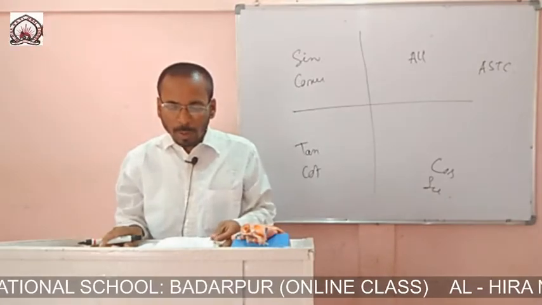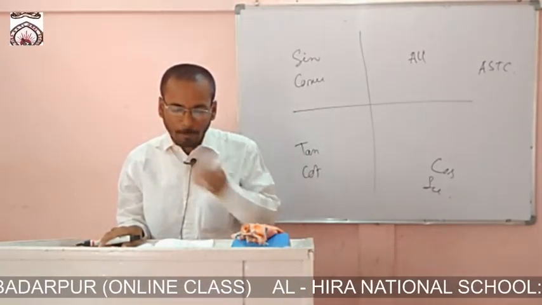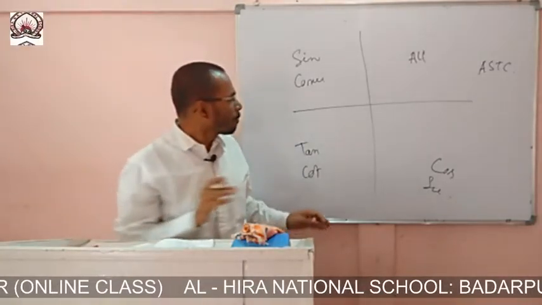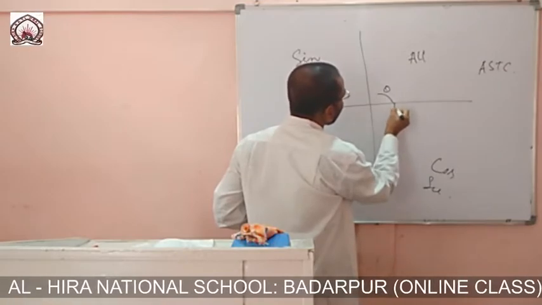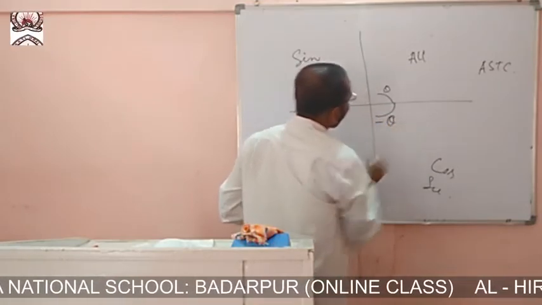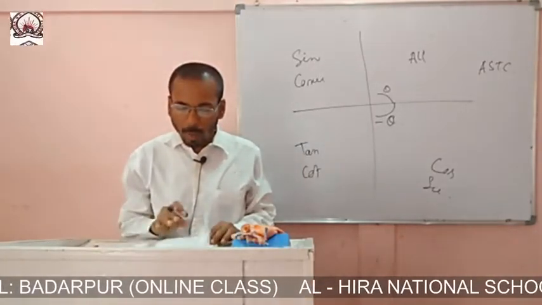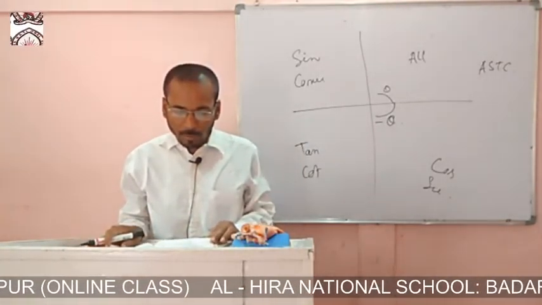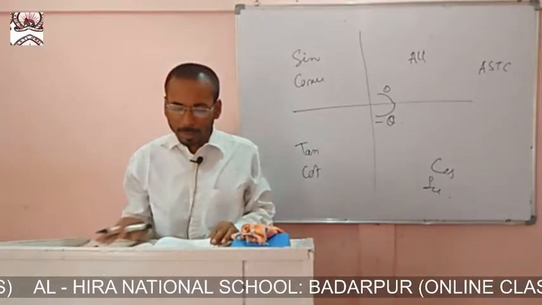Now, associated angles and their trigonometric ratios, page number 248. Trigonometric ratios means if this rotates, this one will be theta, and if it rotates like this, then it will be minus theta. Like this: 90 minus theta, number 2 and number 3, trigonometric ratios of 90 plus theta, and trigonometric ratios of 180 minus theta.